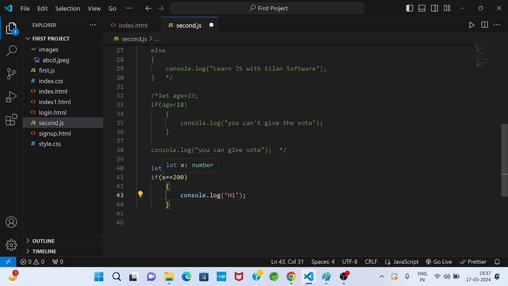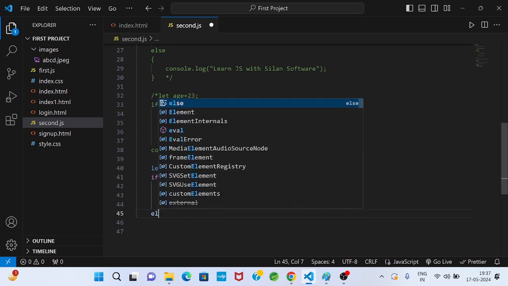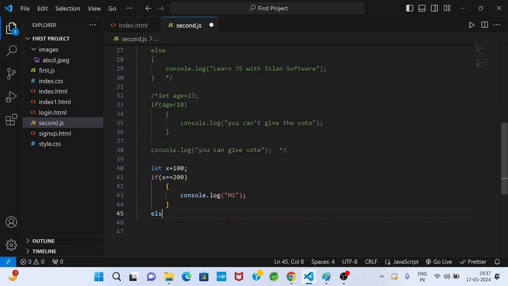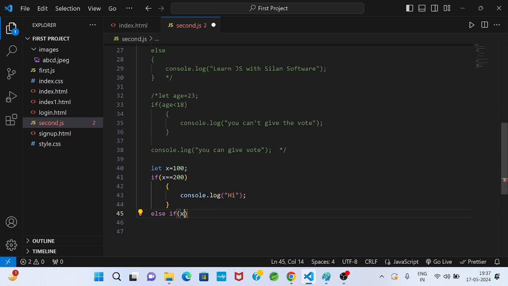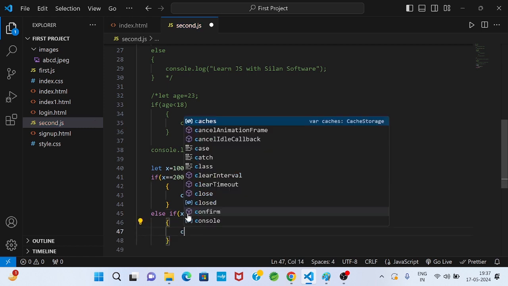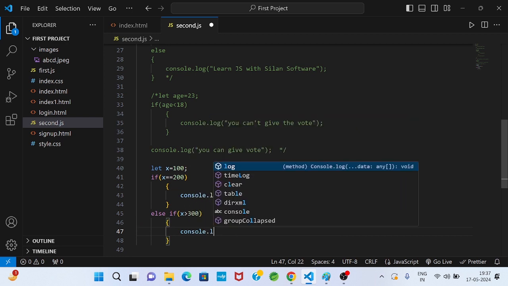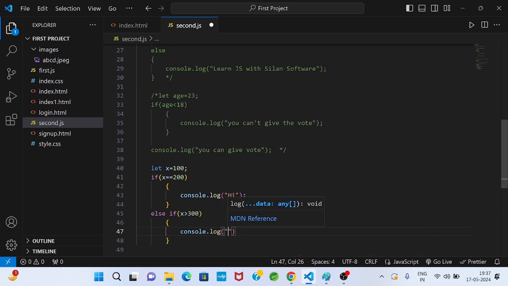If the condition is true, then the if body will execute. Else, again if x is suppose greater than 300, then console dot log hello,